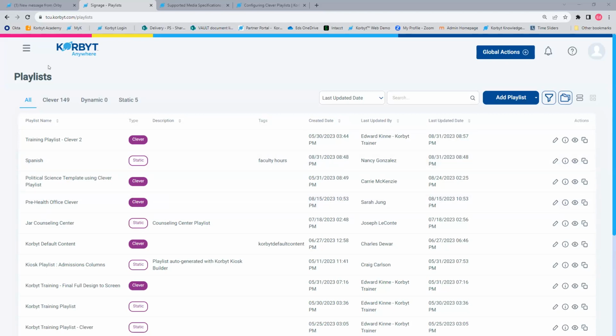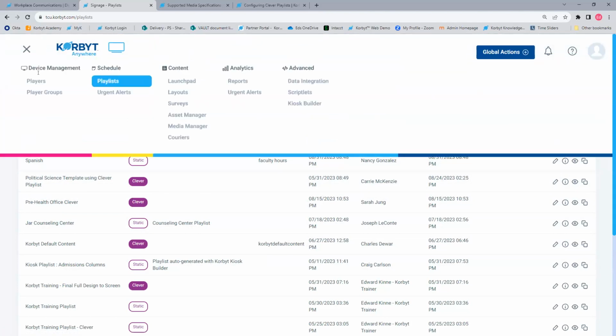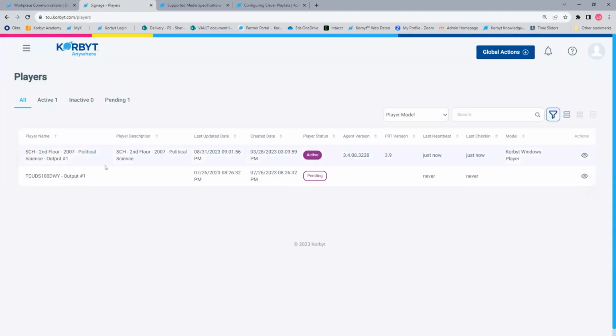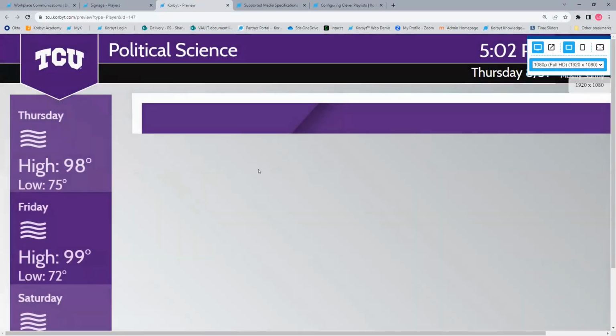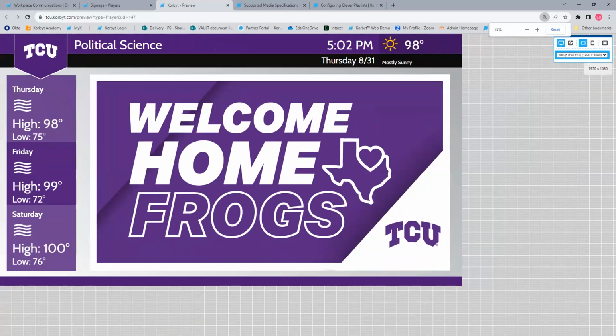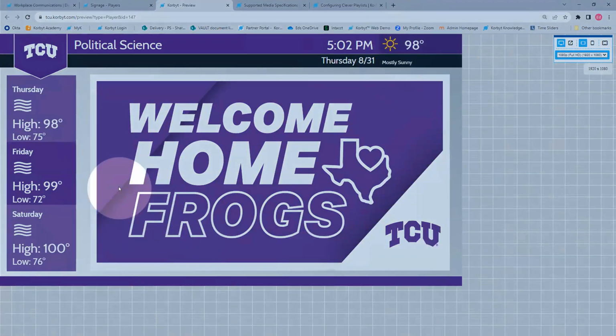Some good questions there. Now, the last thing I want to talk about with playlists, because playlists don't only go directly out to screens. We saw when I previewed the political science player that there's a collection of items on the screen.